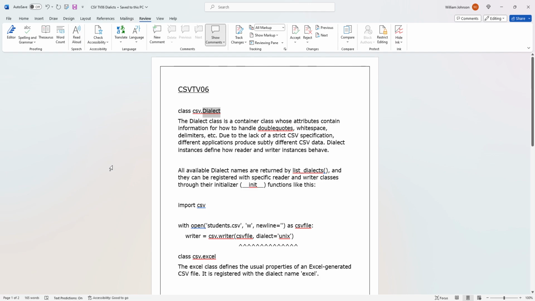Class csv.Dialect. The Dialect class is a container class whose attributes contain information for how to handle double quotes, whitespace, delimiters, etc. Due to the lack of a strict CSV specification, different applications produce subtly different CSV data. Dialect instances define how reader and writer instances behave. All available dialect names are returned by list_dialects, and they can be registered with specific reader and writer classes through their initializer,